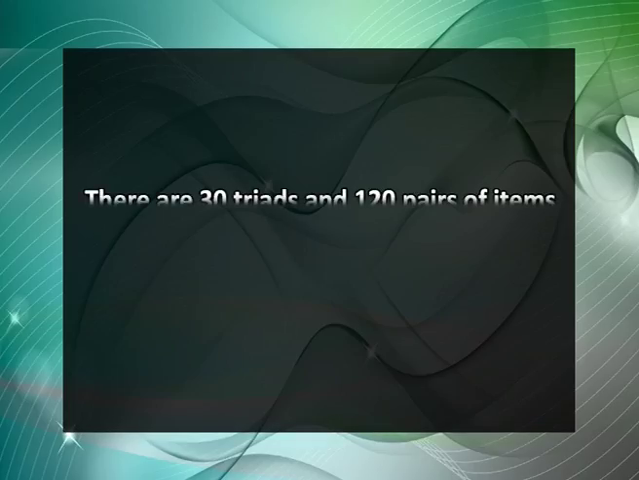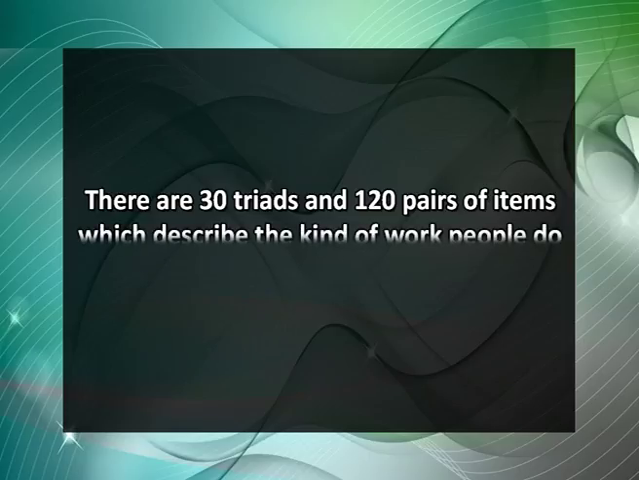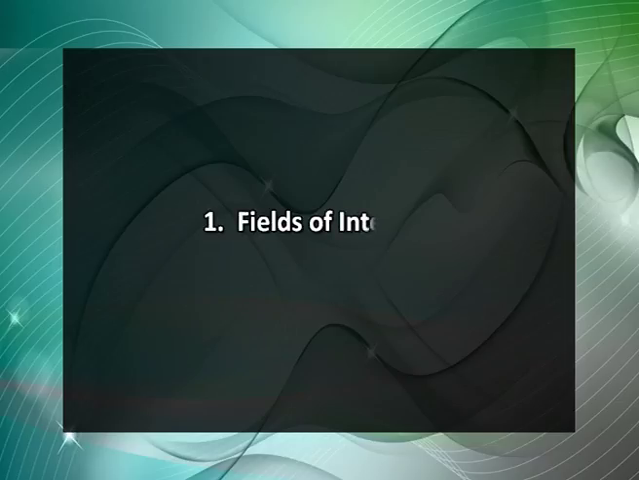It consists of a set of questions which are selected and arranged not on statistical basis but on the basis of judgment. There are 30 triads and 120 pairs of items which describe the kind of work people do. The subject has to select one out of the given choices even though he does not like either or likes all of them. From the scores obtained by a person on this inventory, we can find: